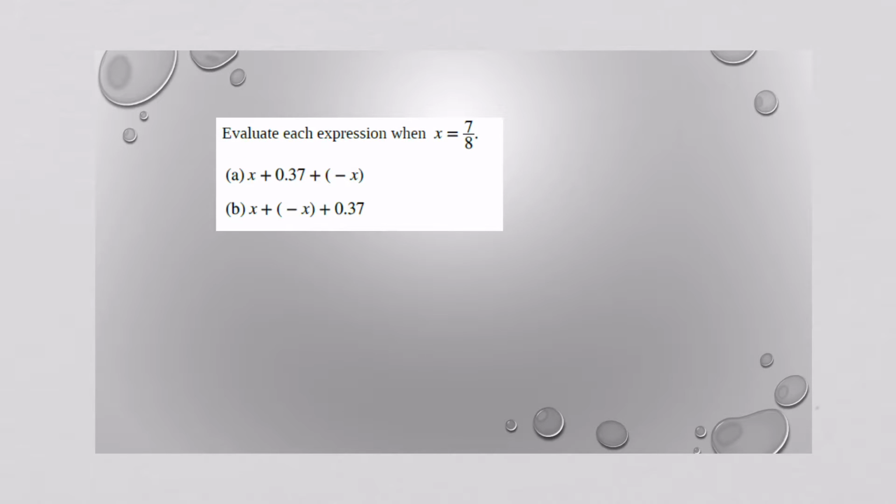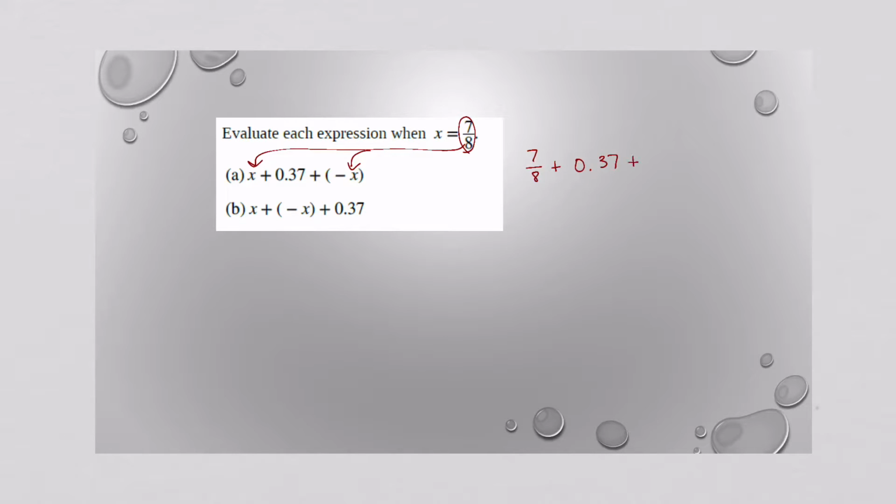Okay, it says evaluate each expression when x equals 7/8. So that means I'm going to put 7/8 right here and right here. So watch what happens here. 7/8 plus